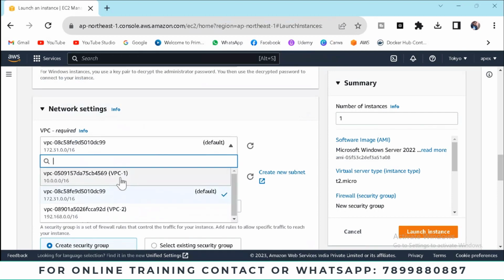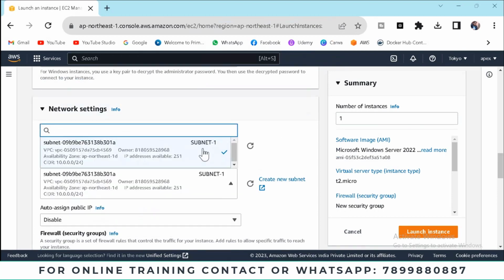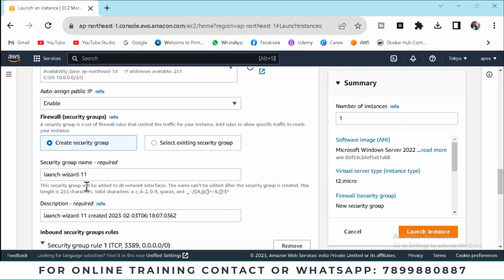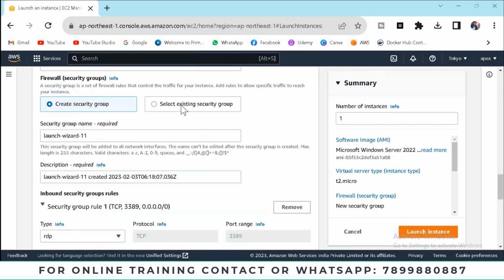Here VPC 1 we need to select, subnet 1 should be selected. Come down, see auto-assign IP. What we need to do here is enable this. Then we need to create a new security group,